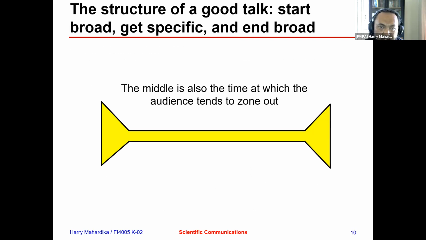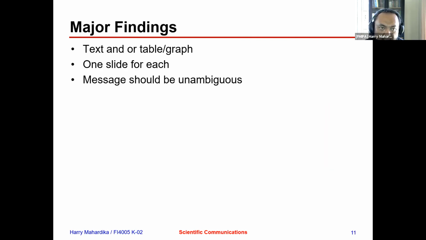Okay, so I'm not going to read all of this slide, because I believe that you could find materials that are better in this, or that are more interesting than the slide. So the major thing that you could prepare for your slide, especially for the middle part, is that please put